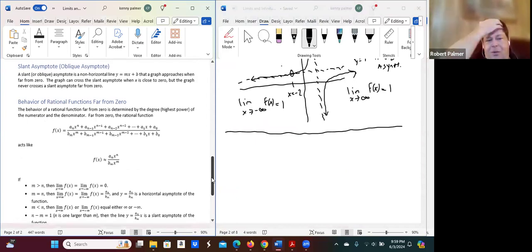The behavior of the rational function far from zero, as we go toward infinity or negative infinity, is determined by the highest power